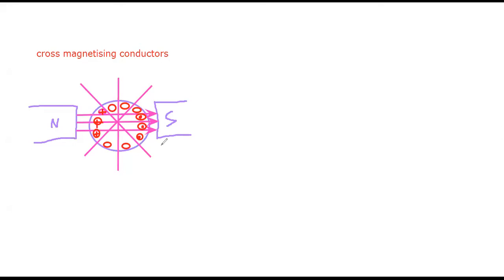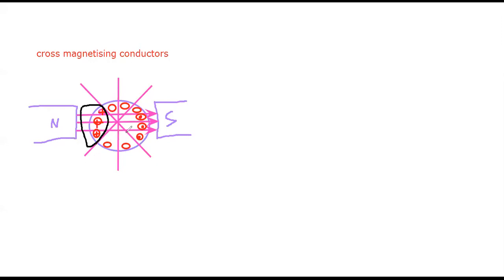Now due to the effect of this cross magnetization, what is the direction of the flux here? That we want to draw. Coming to the direction of flux, it is going to travel in the downward direction, such that the flux should not go to the other line. It should travel only in this space. You should not draw the line here and all.